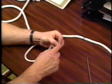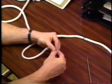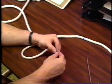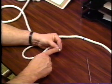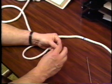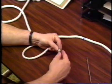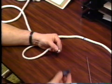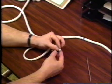Now I want to tape those. And this is one of the trickier jobs as well. What you have to do is tape that as tight as you can, and then taper it off towards the end to a point, and then cut the end of it off. Now I've got some tape cut here. I'm going to wrap that,